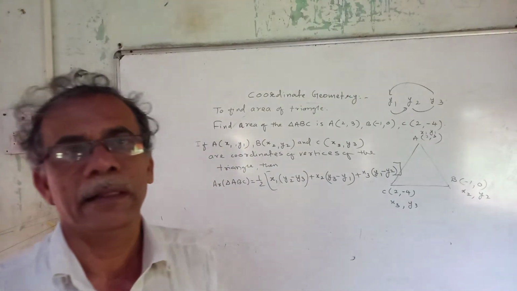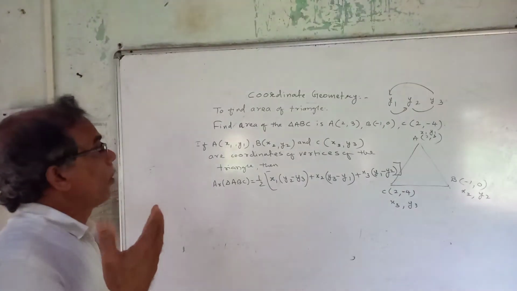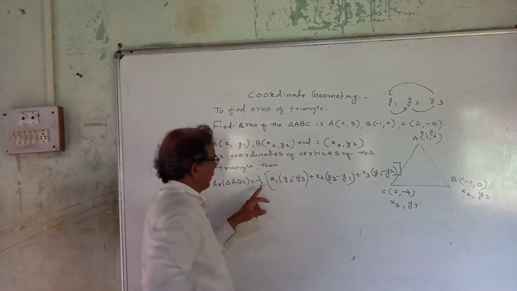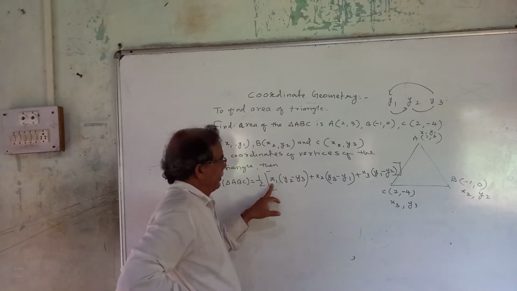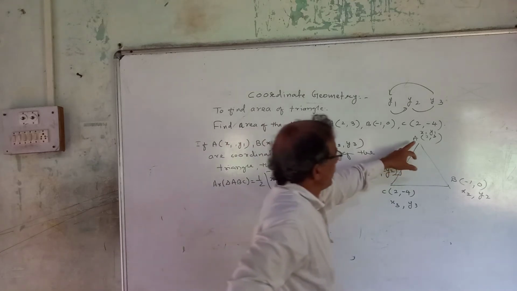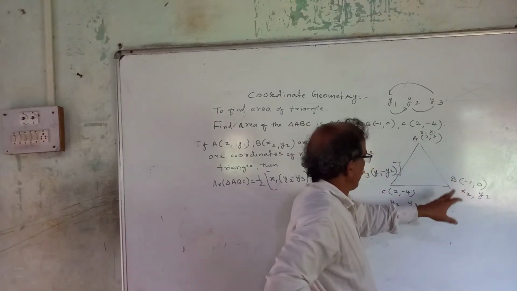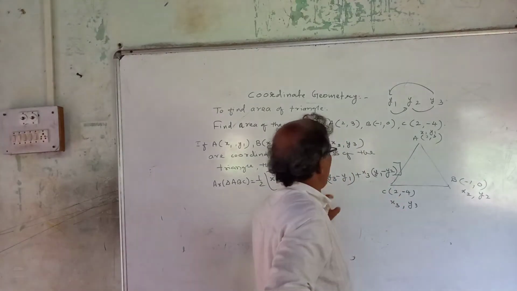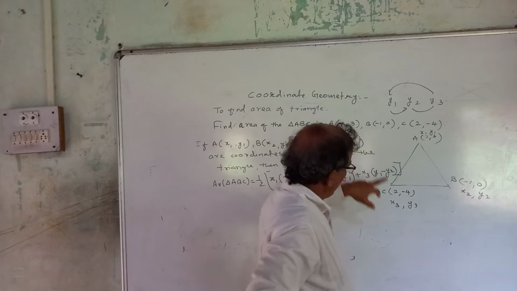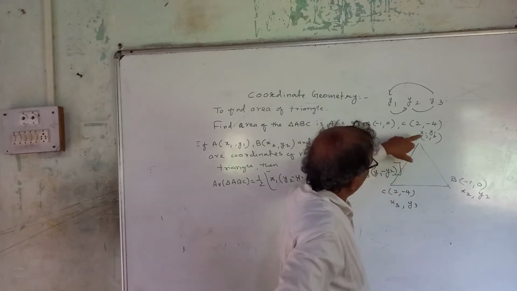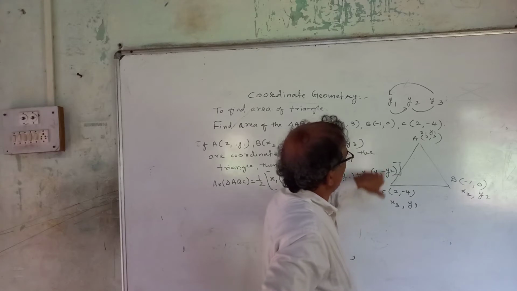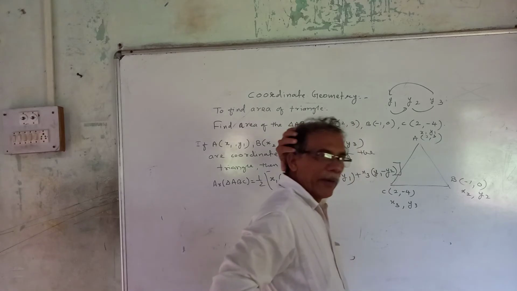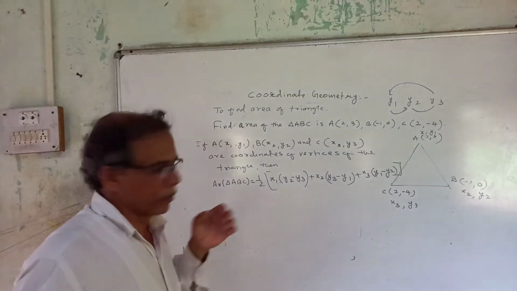if you know the coordinates of all three vertices of the triangle. So again I shall repeat the formula: half into x1, (y2 minus y3). So you take the x coordinate of the first vertex and then the difference of the y coordinates of the second and third vertex. Then plus x2 from here, then the difference of the y coordinates of the third point and first point. Then you come here x3, then the difference of the y coordinates of the first vertex and second vertex. Okay. Now let us go to solve this problem.